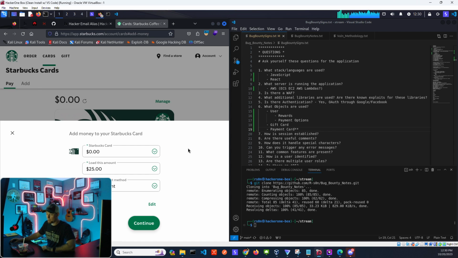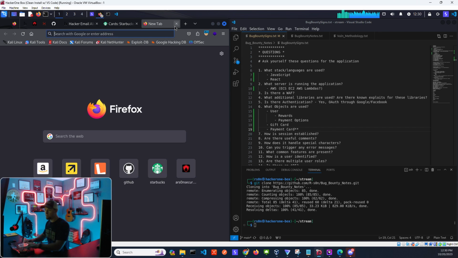I wouldn't worry about cross-site scripting. I wouldn't worry about SQL injection. I would definitely test NoSQL injection, which, by the way,